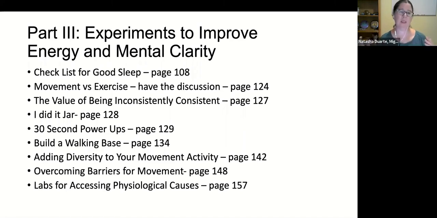or whatever it is, these little power-ups are just a nice way to get an energy boost sprinkled throughout the day, because you're not really going to work up a sweat. You can pretty much do it anywhere. You don't need special equipment. And it really breaks up, for myself anyway, and I think many people, the office or desk job where you're sitting a lot. Some folks I know have more physically active jobs.